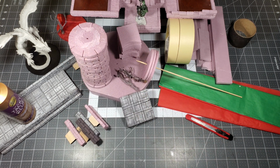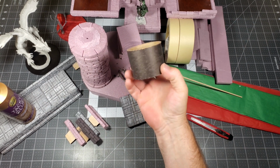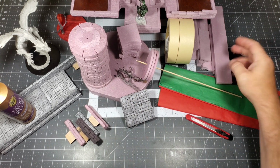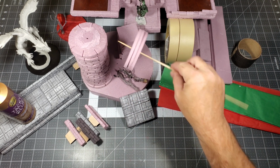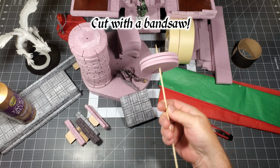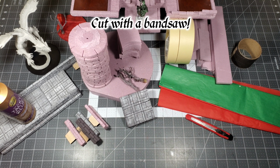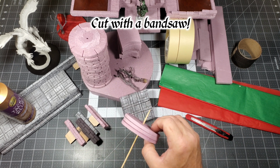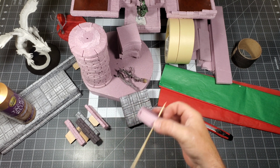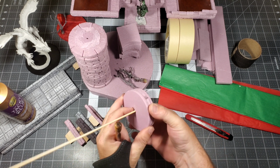This was just a scrap piece. I was just testing a different way to make a round tower. Of course, you could always use something round and lay the bricks. But the way I did this is I just cut a bunch of round discs. Use the center point, put them on a bamboo skewer, and then cut all the slits of the brick at one time. And then when I glued them together, I just offset them, turned them real easily like this,